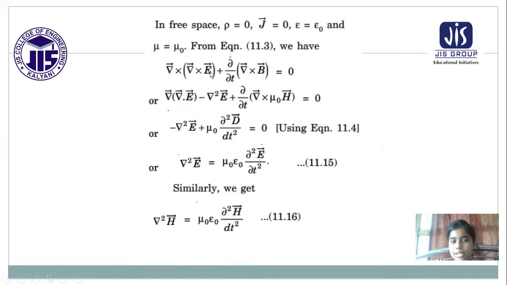Now here A cross B cross C, again as I said, if the first nabla equal to A, the second nabla equal to B, the third nabla equal to C, then by the back minus cap rule, that means B of A dot C minus C of A dot B. A dot B means what? Nabla dot nabla, that means minus nabla square. So that is given here.